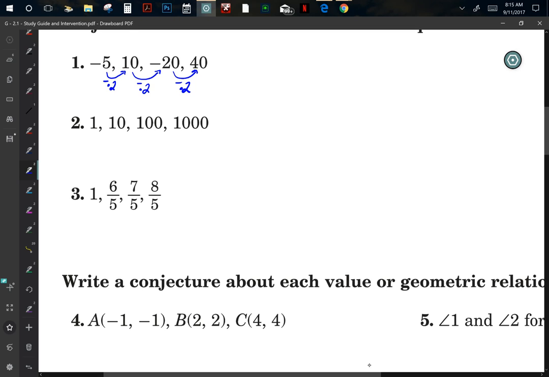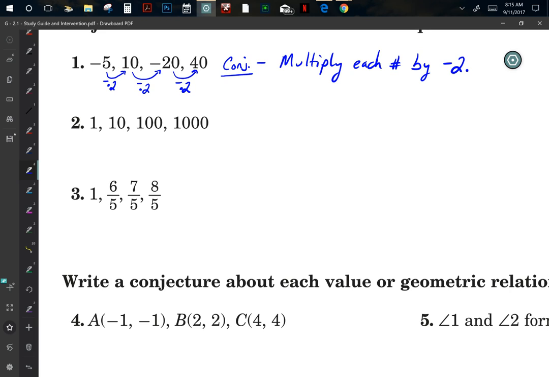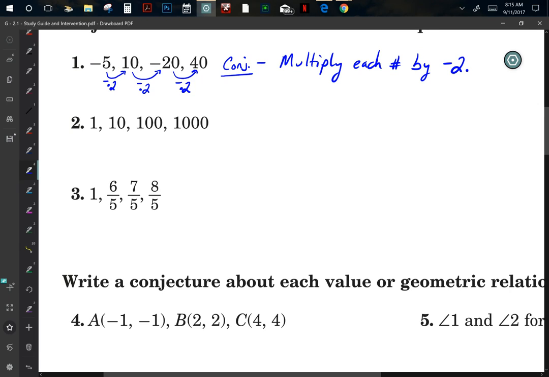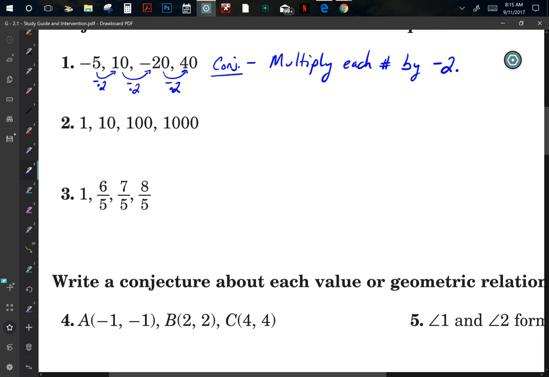So my conjecture is, how could I describe that? It's not so terrible, is it? What's the next term in our sequence? Just do your own instructions. Multiply the number by -2. What's our last number? Multiply by -2 is a negative what? Not too bad, is it?